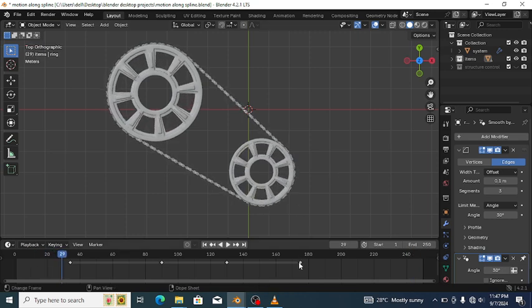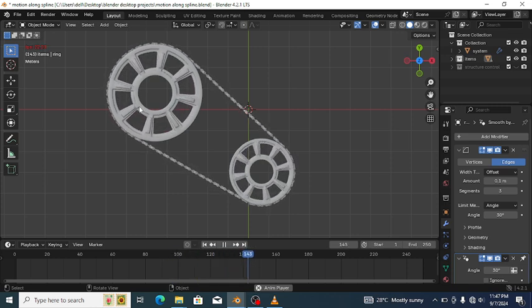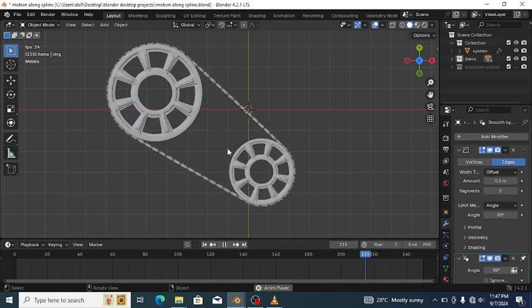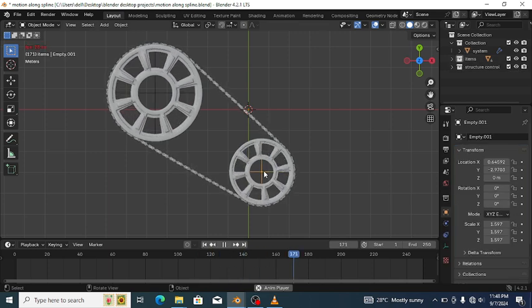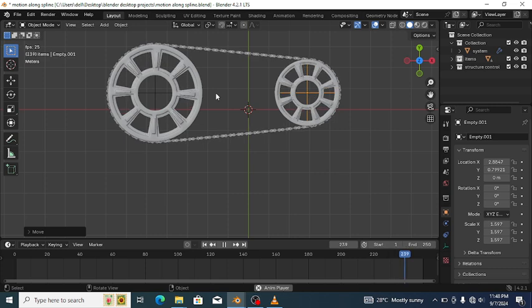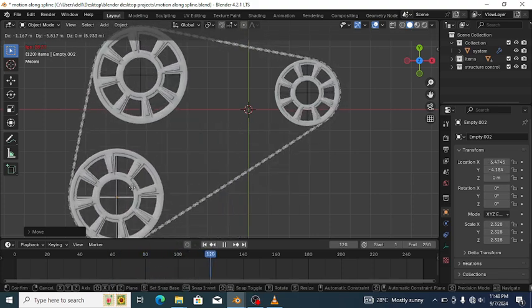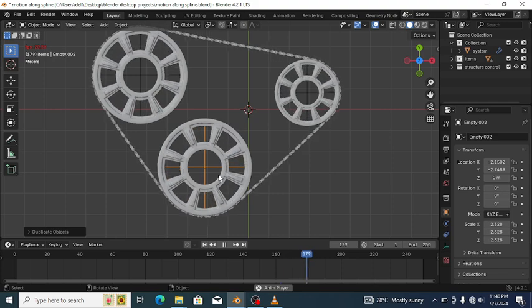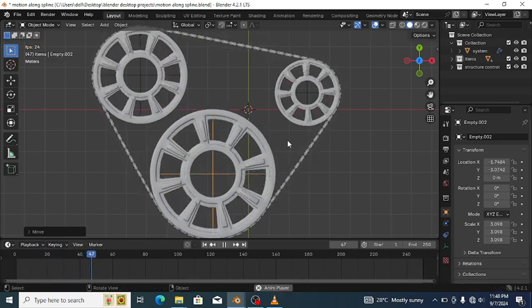Let me just take these keyframes that were actually made here by the drawing tool to be deleted, and we can clearly see what's happening right now. The wheels are rotating and the chains are moving in the way that you would expect in machine parts too. We can now look at the structure control. We can click this empty, move it there, move it there. We can duplicate this to move it to any part that we want, and the chains will relatively remain the same size. See, this is what I was actually talking about, and this is the concept that I wanted to bring home to you guys,